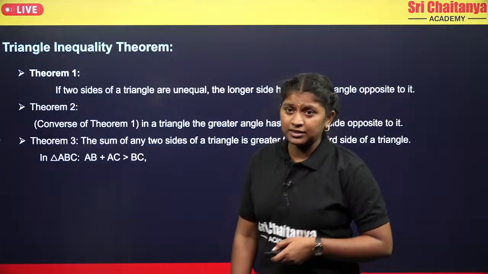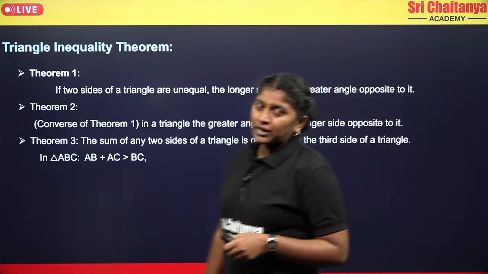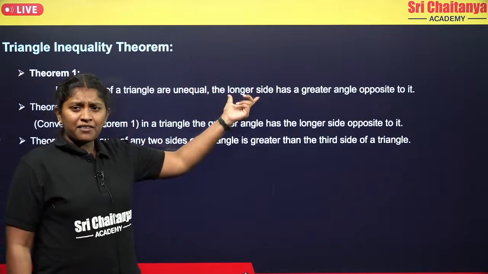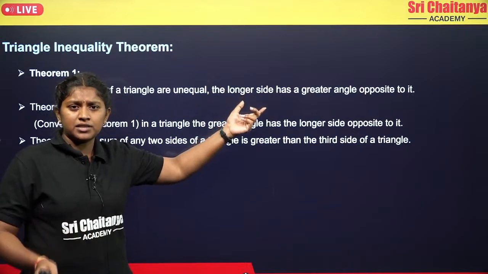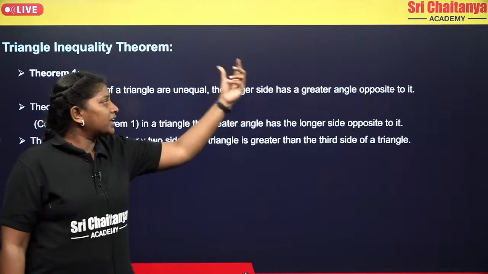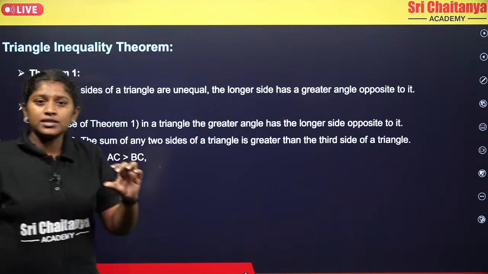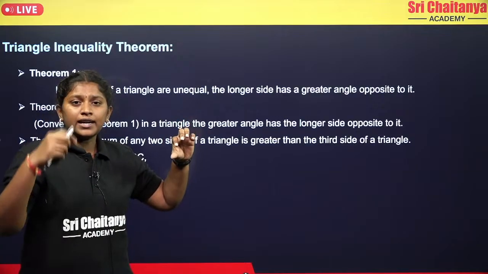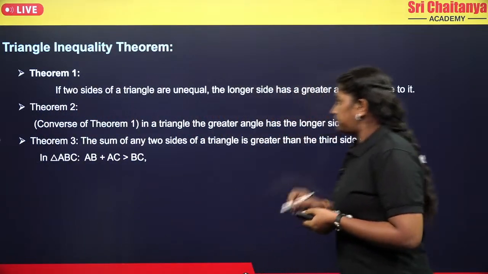Coming to triangle inequalities, we have three theorems. The first one is: if two sides of a triangle are unequal, then we have a larger angle. If the triangle has three different sides, then one of the sides is the longer side, and the angle opposite to that longer side will be the greater angle. If you observe here clearly,